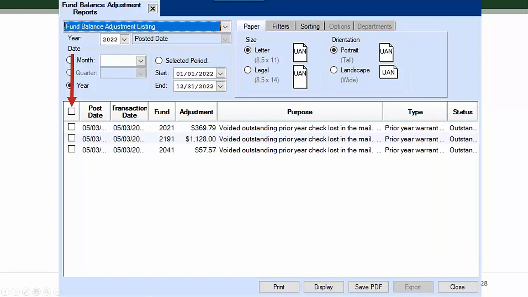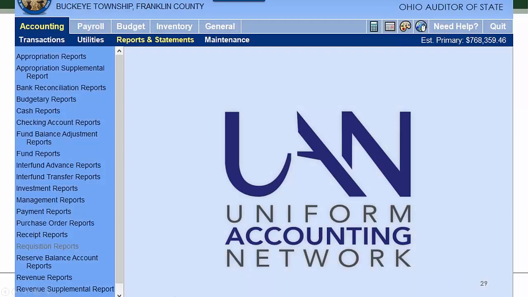So some of you are hanging out there with outstanding prior year warrants going back 12 years that you inherited from the former fiscal officer. Well, audit would love you to take care of that before the next audit. That video would be very helpful. So I'm going to select all of these, and then I'll print a copy for my file if I didn't do it already, and then save as PDF if I'm emailing. So I get the report, and then I'm going to do a new resources available too.